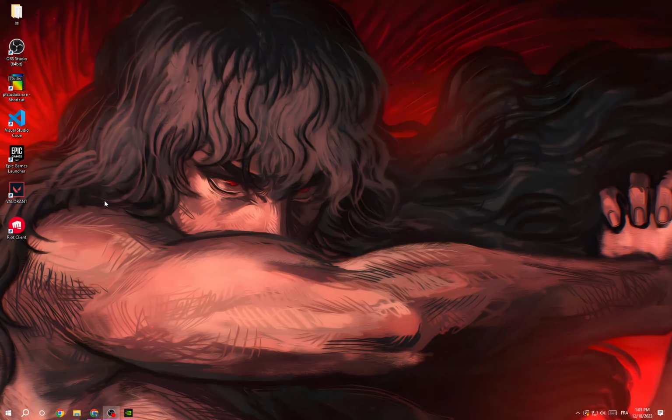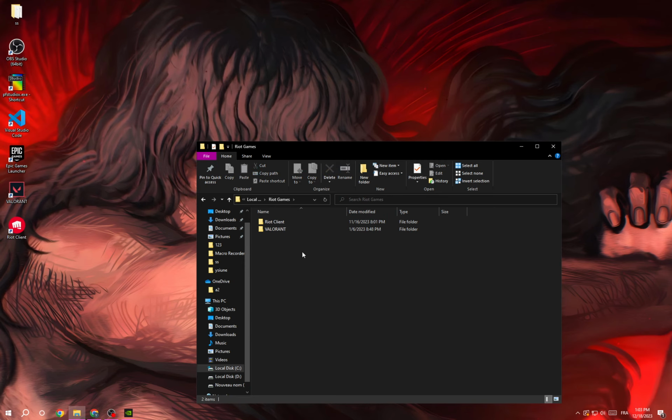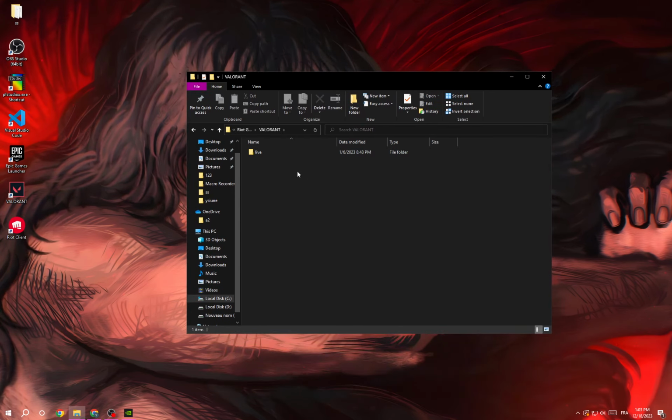And if your problem is still not fixed, then right click on Valorant, open file location, and here just click here to go back, and you will find Valorant. I do not have Valorant here, so just go to your Valorant file location,